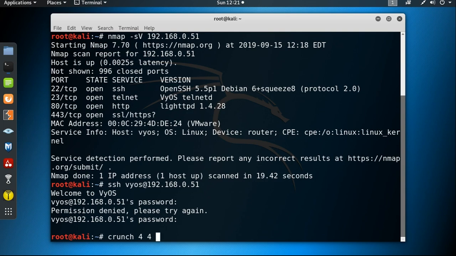So I am considering OSVY, and then store this in the folder root, my file, and the file name is pass.txt.